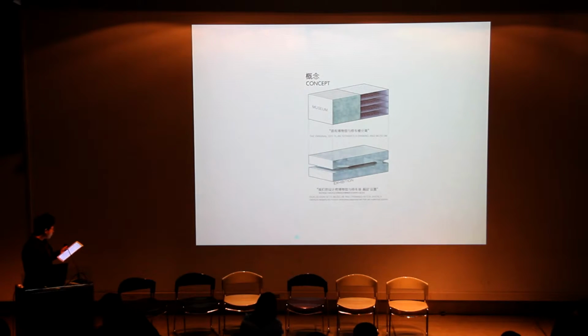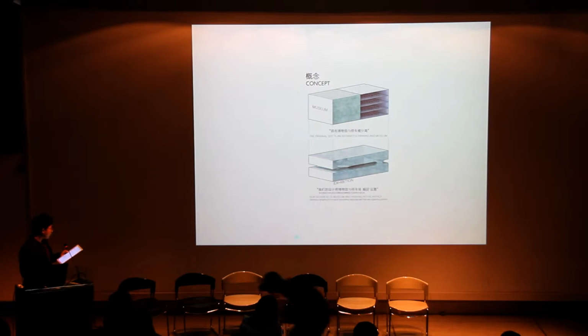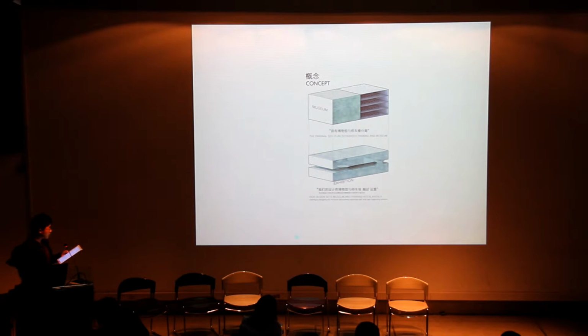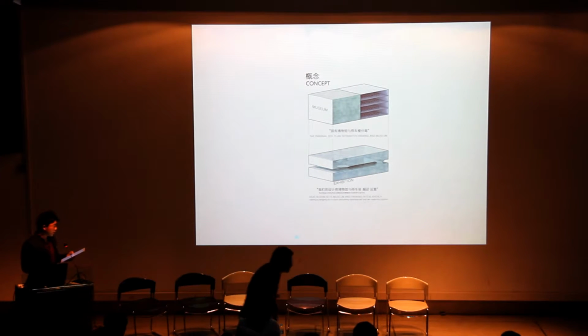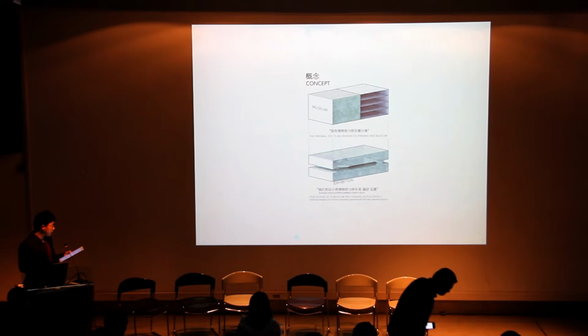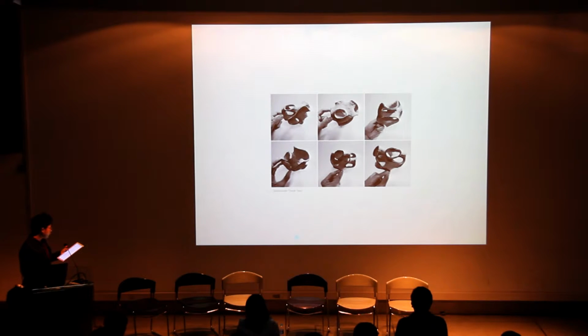So, for the concept, it was a joint studio with UCLA, and we were designing an automotive museum and also a public parking building. Our concept is to merge them together, so the visitors can get access to the museum from the parking space easily, and it has the potential to also put all the cars in the public parking on display as part of the exhibition in the museum. So we chose minimal surface.